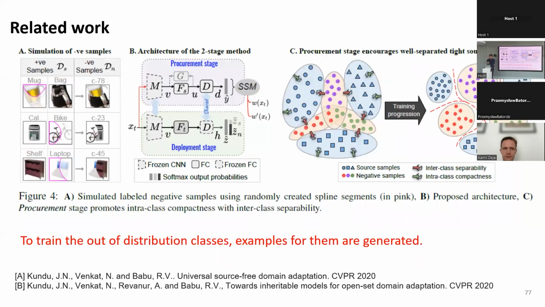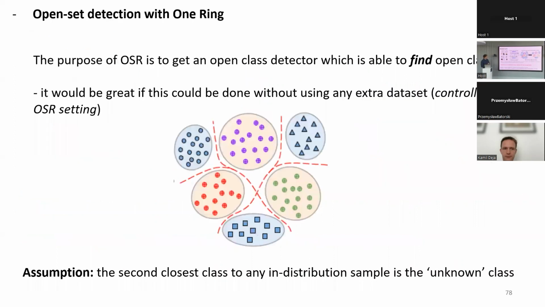So there were some methods in this open world. Often what they do is they try to generate out of distribution data. For example, this paper tries to generate out of distribution data by combining previous classes. So it takes a mobile or a calculator and a bike, and it makes this and says that's an out of distribution class. And it uses that to train the classifier and make room for these out of distribution classes. But the drawback of that is that you really need to physically generate this out of distribution data.